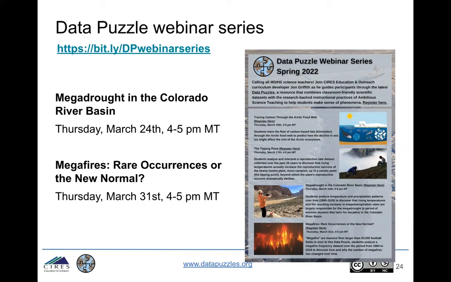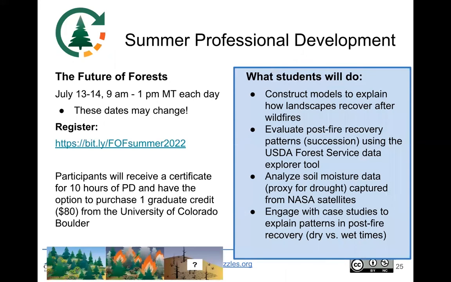Those two data puzzle webinars are coming up, as well as a couple of different summer professional development opportunities. The Future of Forests is a unit that I wrote about shifting patterns of post-fire succession in a warmer, drier world. Basically, across the Mountain West, fires are burning more and more of the landscape, and conifer trees are having trouble regenerating after these fires. So some of these landscapes are transitioning to grasslands and shrublands. We look at lots of different data explorer tools and data visualizations from NASA satellites, some case studies, and some hands-on activities to help students explain, both in writing and in models, how